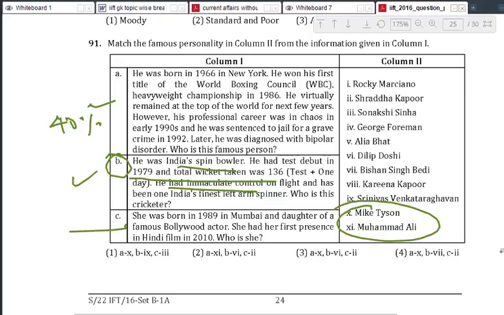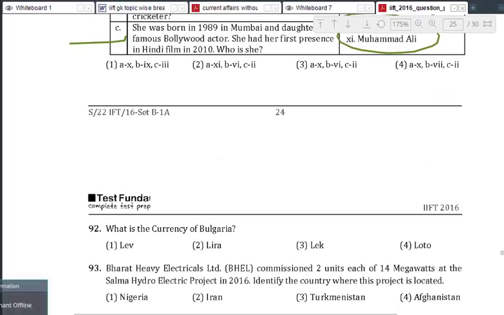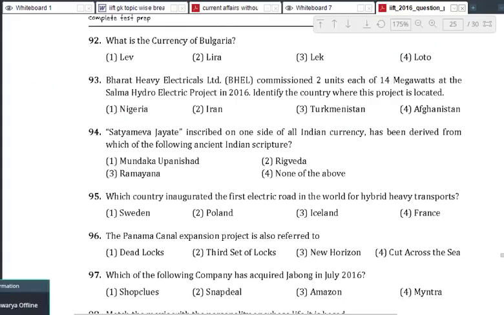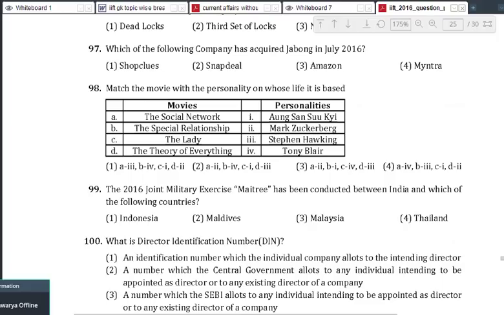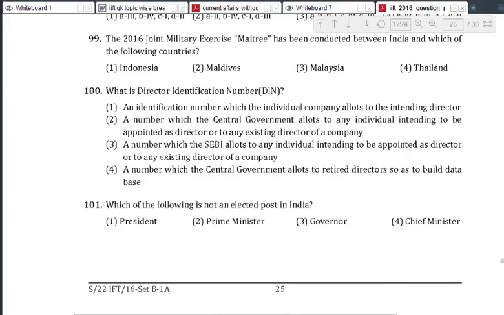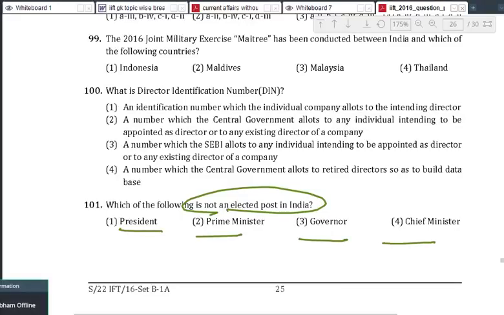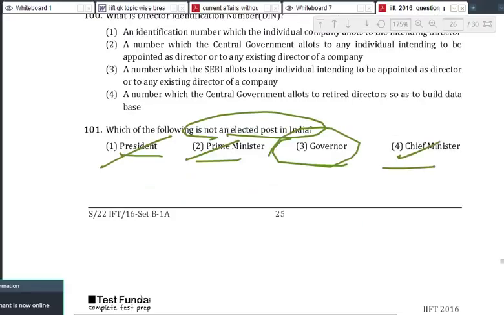Correct. And again, I will show you a very simple question. My only point is to show you that by getting the ones which you get right, you can easily manage at least 3 to 4 marks. Look at this question now. Which of the following is not an elected post in India? So you have president, prime minister, governor, chief minister. Usually we know that the chief minister is elected, the prime minister is elected, and the president also is elected. So this becomes the answer. So we have marked 3 questions effortlessly, getting 1.5 marks without taking any wild guess.